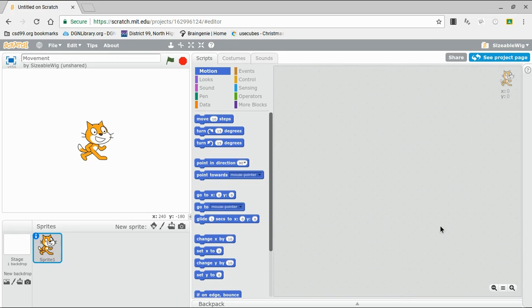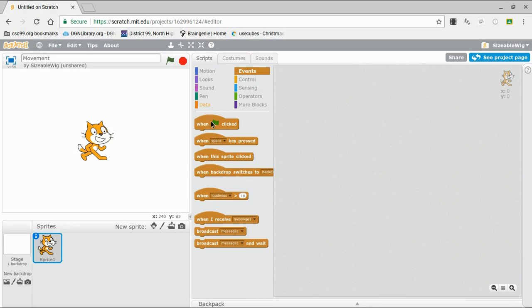Hey guys, in today's video I'm going to be showing you a few different ways of how to get a sprite to move. I'm going to be using the cat sprite, and there are a few different ways to get it to move. So I'm going to show you them, and you want to click a fence and then drag out